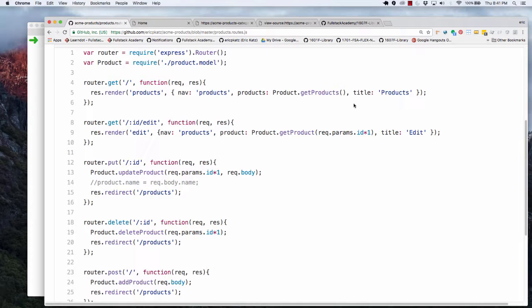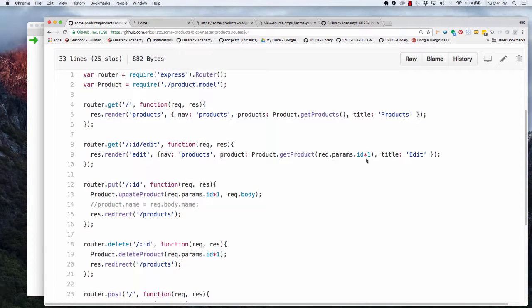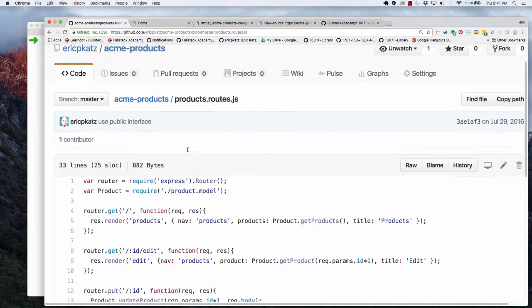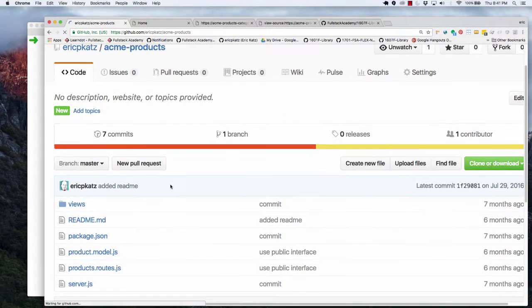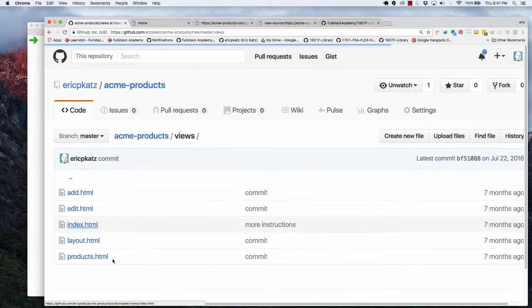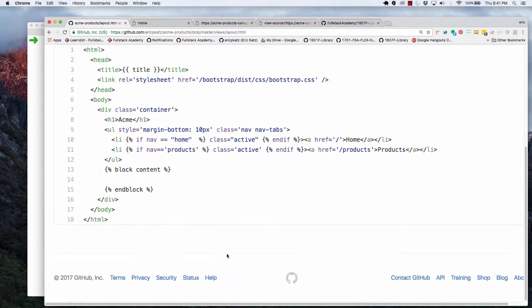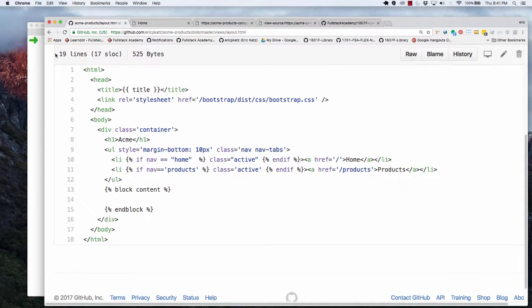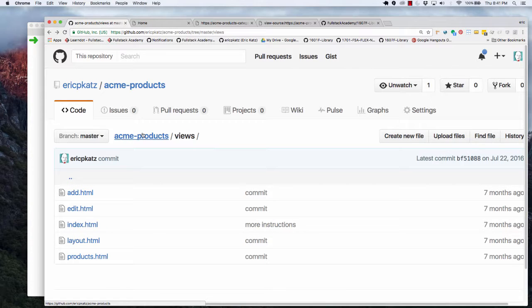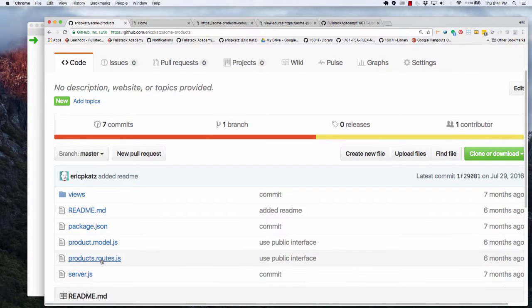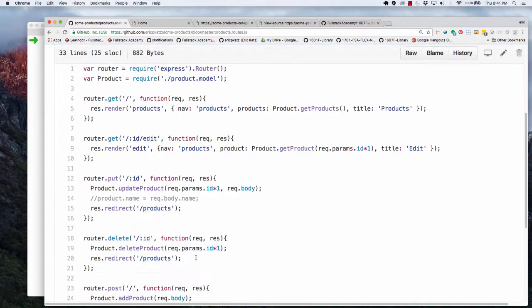In answer to your question about how to know what to display here, if I go back to look at my code, and again, you could use this code if you want to. If I look at my views and my layout, here I'm passing a value for nav. If it's home, I make this active. If not, I make this active. And just to keep it a little bit simpler, I think what I did was in my products routes,